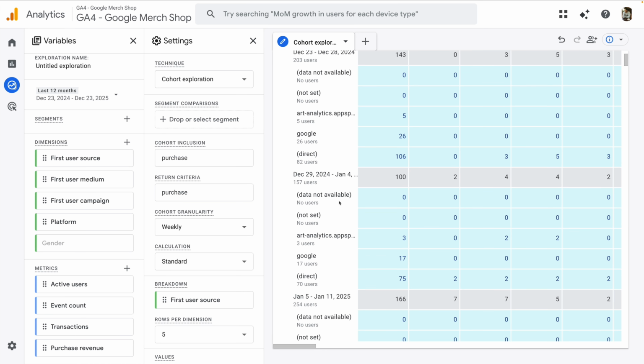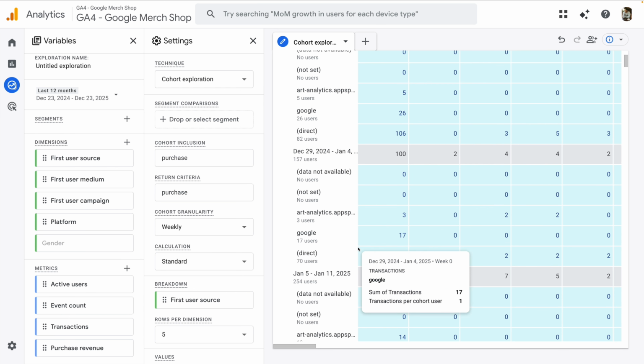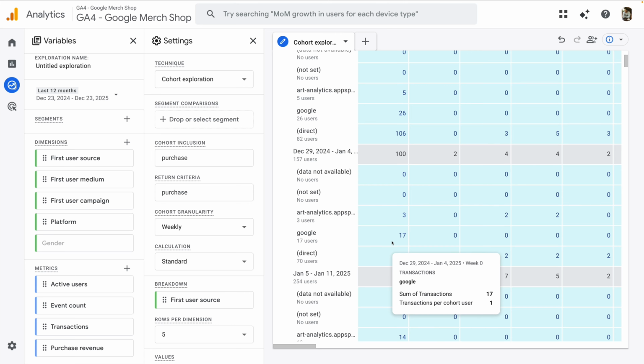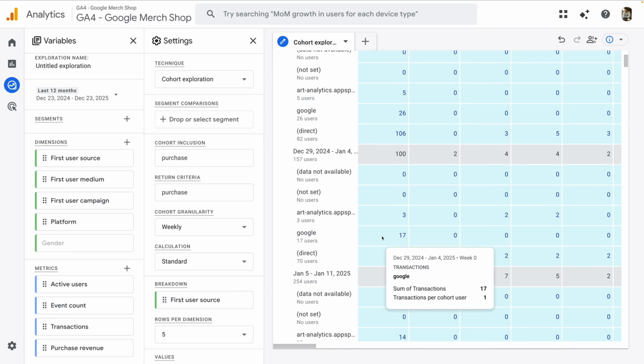Here it shows us the new week. So on that new week, we have more data that sounds a bit useful. And by the way, the reason why most of the data here lives under direct is because this is the GA4 public property and the data doesn't really make sense on that property. So yeah, for week 2, 17 users have purchased through Google as the source in this date range, but none